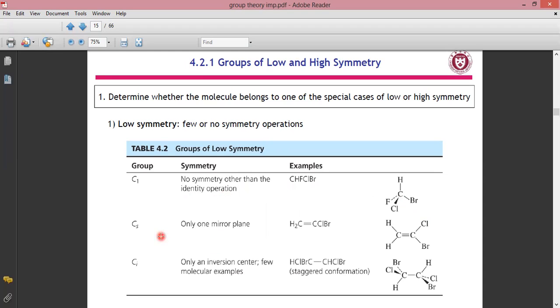Second, if only the mirror plane is present, then we call the point group as Cs point group. Okay. For example, in this molecule, if you see here, you cannot draw this C2 axis from this carbon to this carbon this way, because in that case